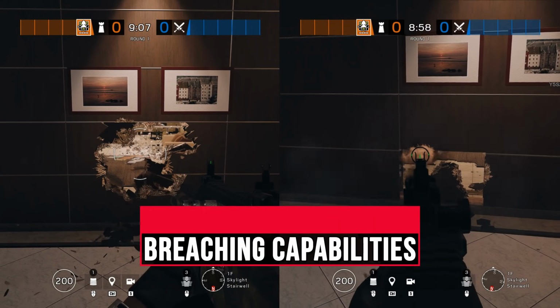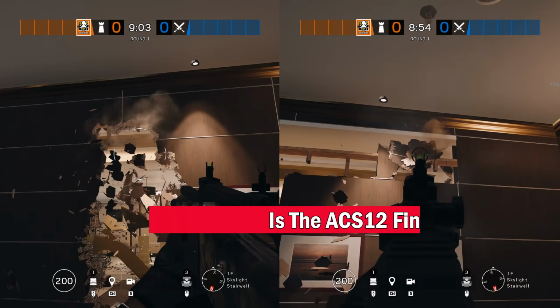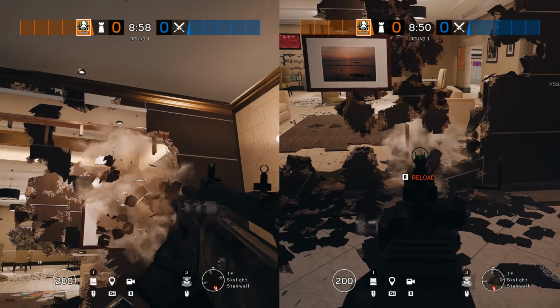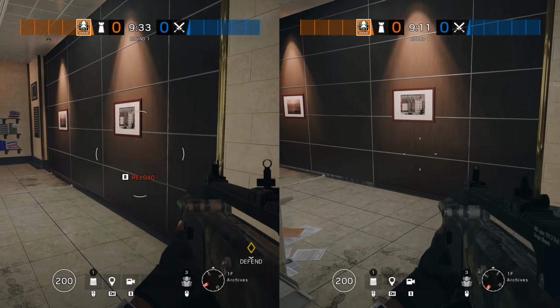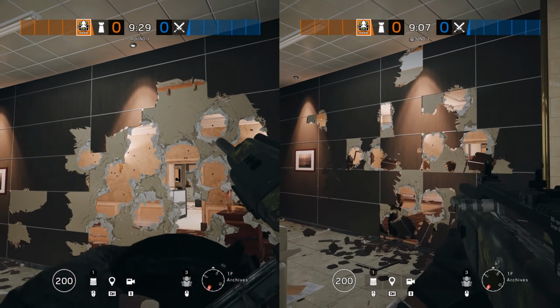on the test server. In terms of breaching, the switch over to slug rounds is a major nerf. The large capacity, huge spread, and full auto fire rate of the old version of the ACS made this gun an absolute meme cannon when it came to demolishing walls. With Operation Steel Wave, you can wave goodbye to the ludicrous destruction capability and say hello to a relatively sad